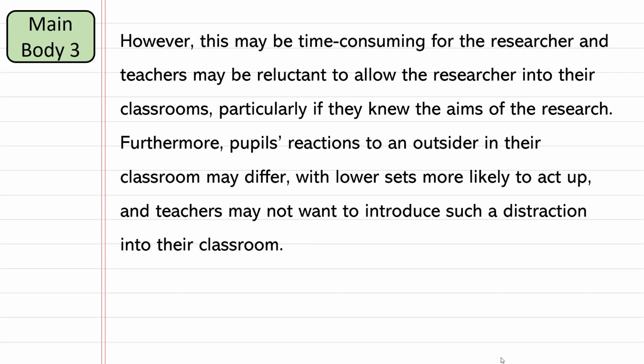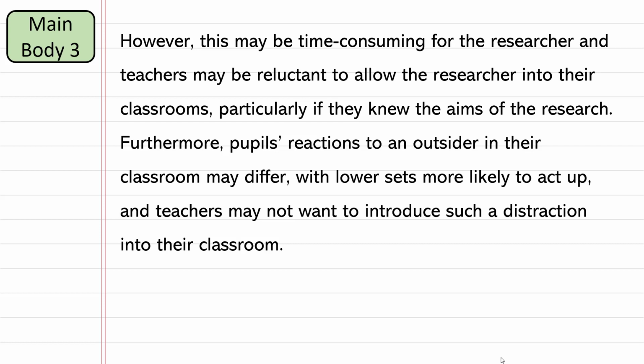Again, with each paragraph, I try to flip it. And so like if I've talked about a strength, I will talk about a limitation as well. However, this may be time consuming for the researcher, and teachers may be reluctant to allow the researcher into their classrooms, particularly if they knew the aims of the research. Okay, so this is probably a band 3/4 point. It can be time consuming for the researcher. Maybe could have developed that a little bit more. I could have talked about sort of like how it took Ball 3 years to conduct his research,